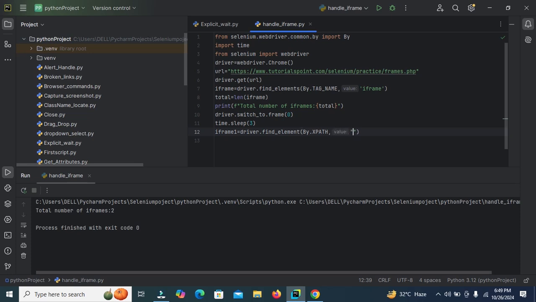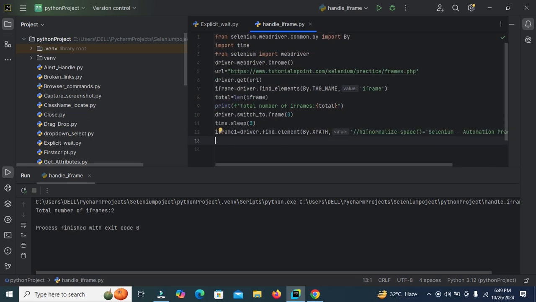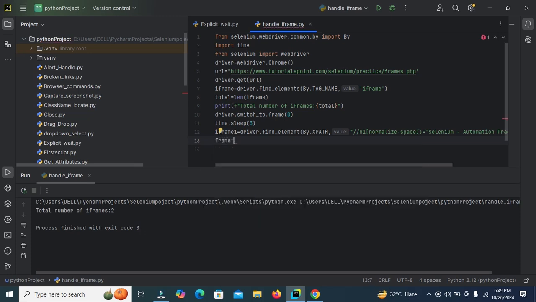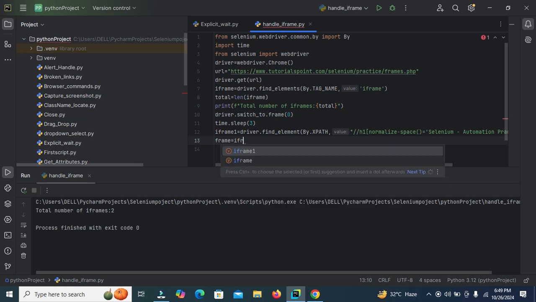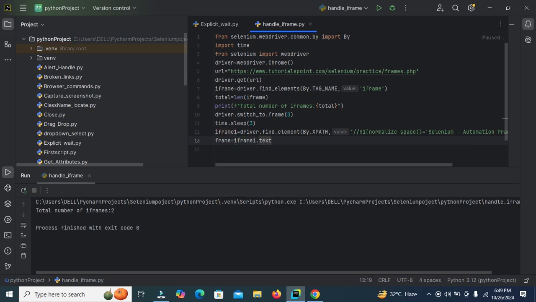In this scenario, we want to first get the text and then print the text in the console. So use frame is equal to iframe1.text,